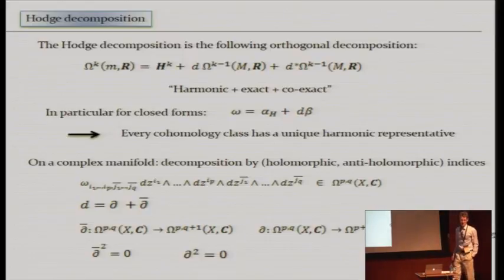So that's the basic statement. It's a very important statement. And it's a little weird in a way, if you think about it, because the notion of harmonic form clearly depends on the metric. Cohomology doesn't care about the metric at all. Indeed, if you vary the metric, so you change the metric on your manifold, the cohomology of your manifold is not going to change. The harmonic form does change because it depends on the metric. But nevertheless, for every cohomology class, there exists a unique harmonic representative.